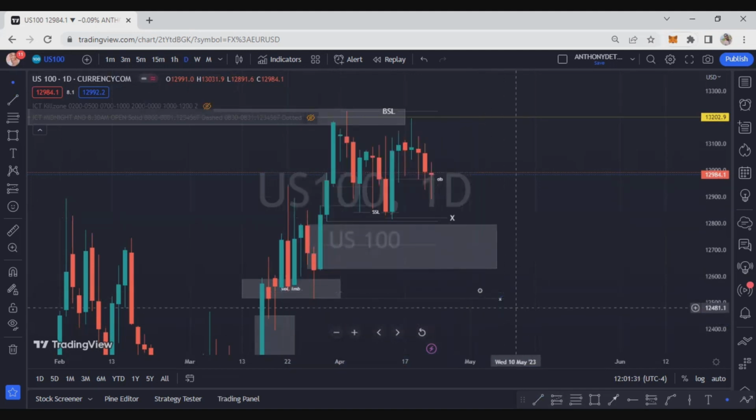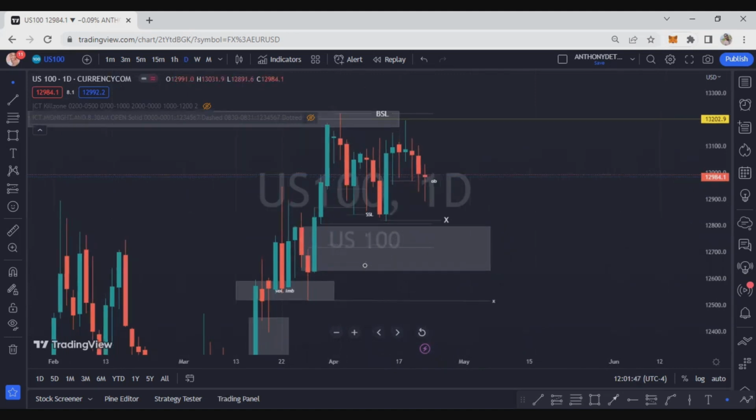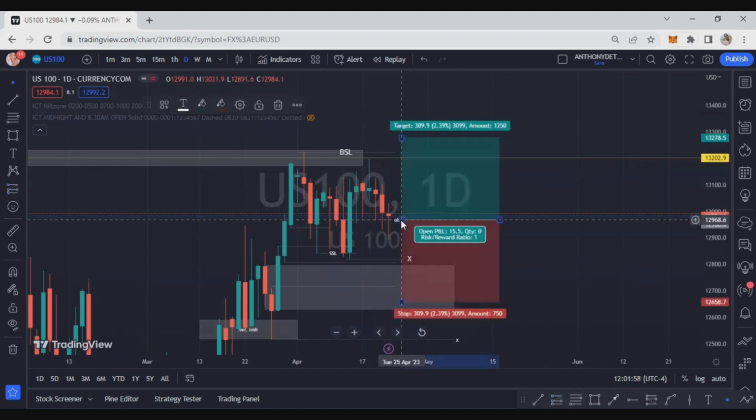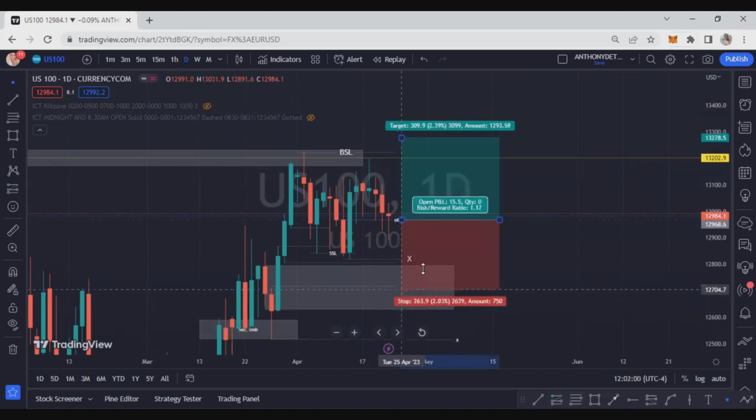Okay, this is my next invalidation point here. So I'm expecting price to react from here, but if price invalidates this trade, then the next place I'll be looking forward to buy is here, if I see a confirmation on the 1 hour, 15 minutes time frame using the ICT 2022 model, that's basically my entry model. This is what I'm expecting from the market, either from here to start going up